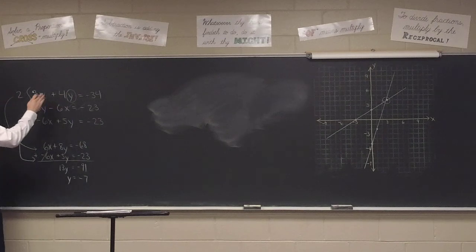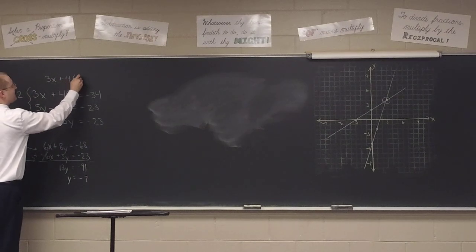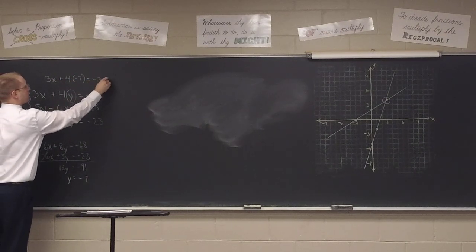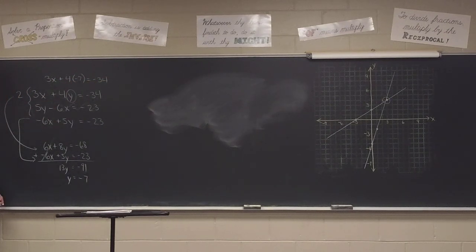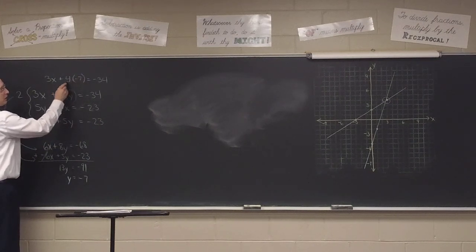And make sure you plug it in for the y. Y equals negative 7. Don't plug that in for x. So we have 3x plus 4 times negative 7 equals negative 34. Do you have to show this step? No. Does it hurt on the test to do so? Probably not a bad idea. Either way, Brecken, even if we plug it in mentally, we know right here we're going to get